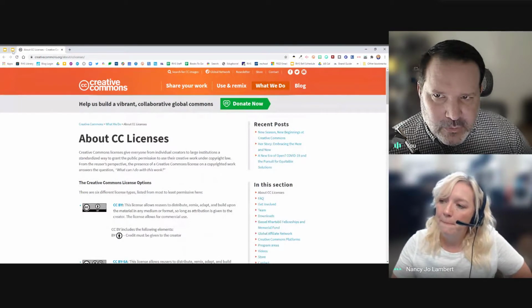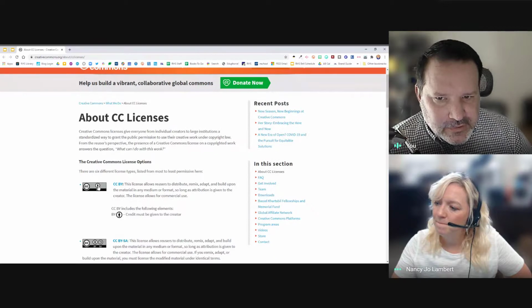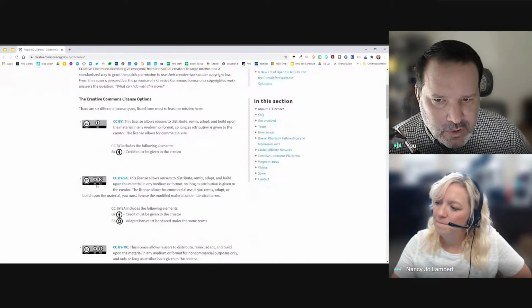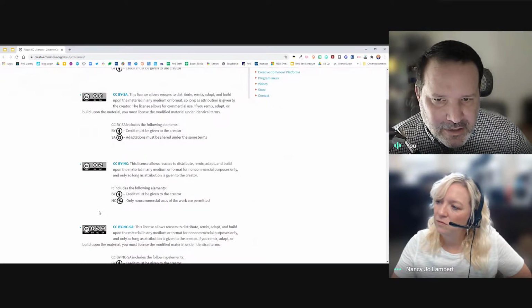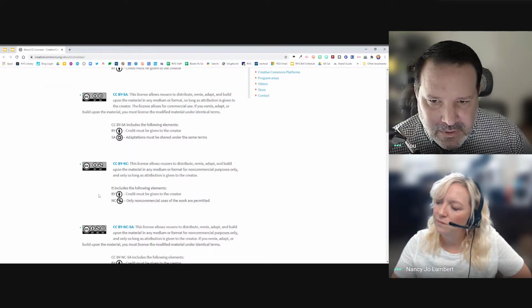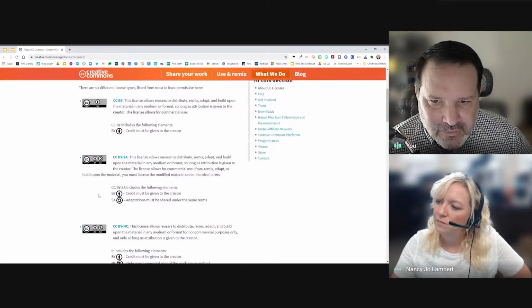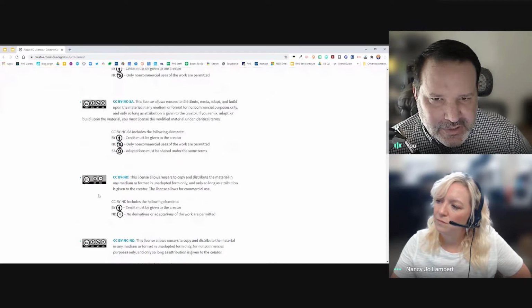Yeah, so the big thing with them is if you see the little person there, that means credit must be given to the creator, but you can use it for whatever you want. And then the next little icon there, it can be non-commercial use, so that's going to be educational use. And then if you go down one more, you can see adaptations must be shared under the same terms.